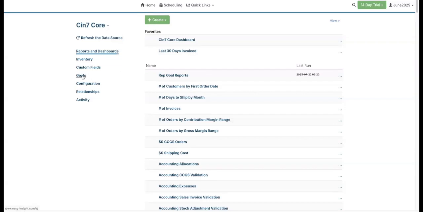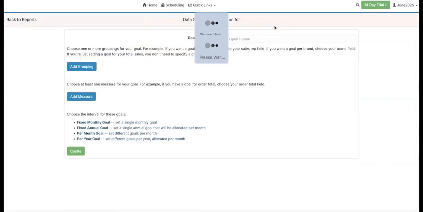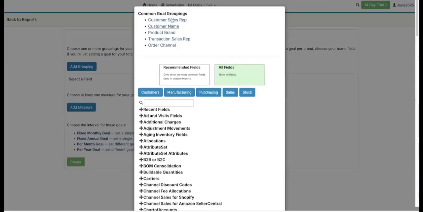Within the source, there is a section labeled goals. Here, you can click to add goals. Within the goals, you can choose zero or more groupings. So for example, when we go to add goals, we could set up goals per sales, per some common ones